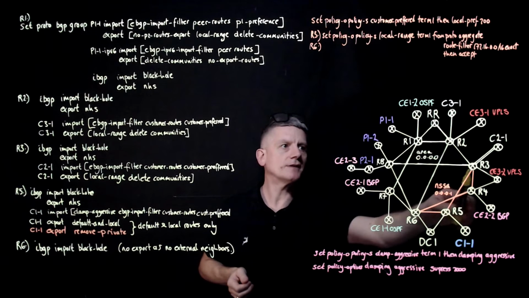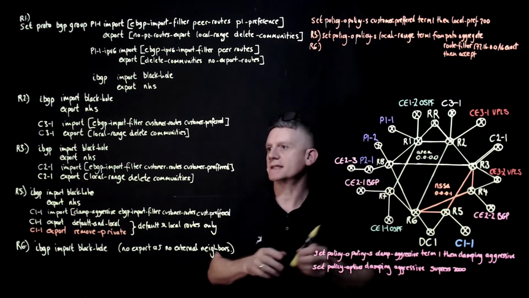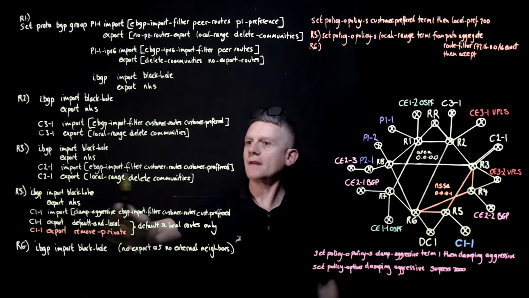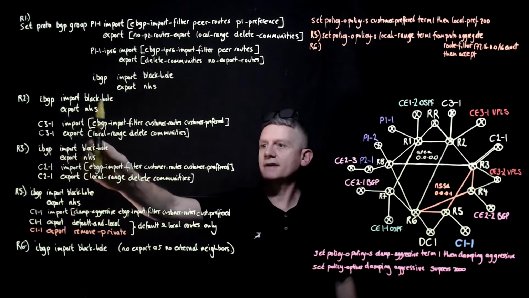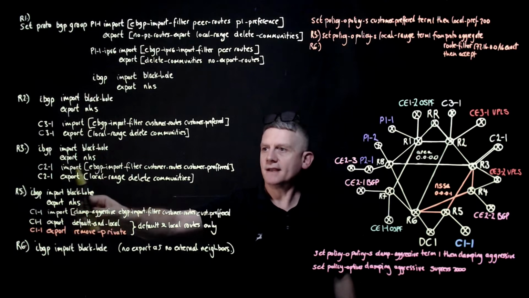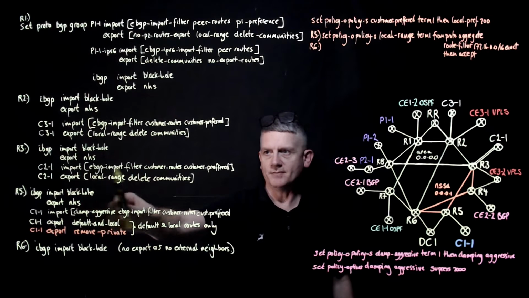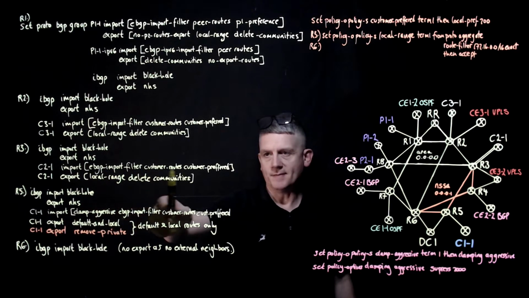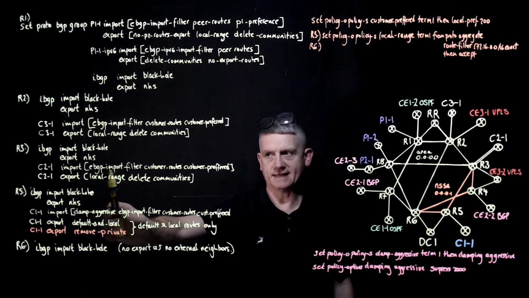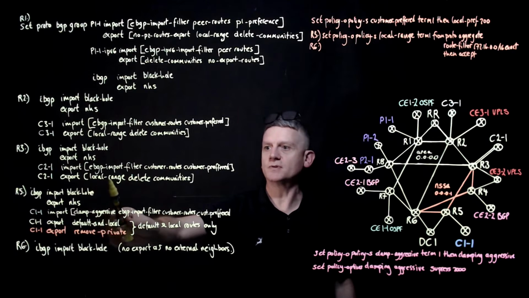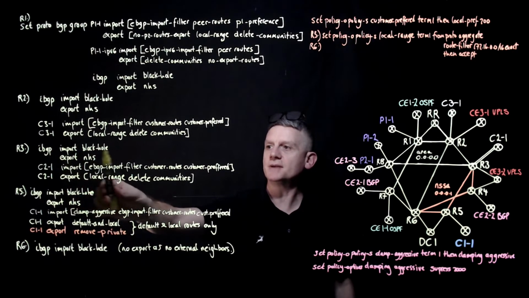Now let's have a look at router 3. This is also going to a customer. It's C2.1. So very similar to router 2, we're importing the eBGP import filter. We're marking the routes as customer, and we're also marking them as customer preferred in exactly the same way. On export, we're exporting the local range. We're cleaning the communities. And of course, on the iBGP, we're exporting the next hop self, and we're importing the